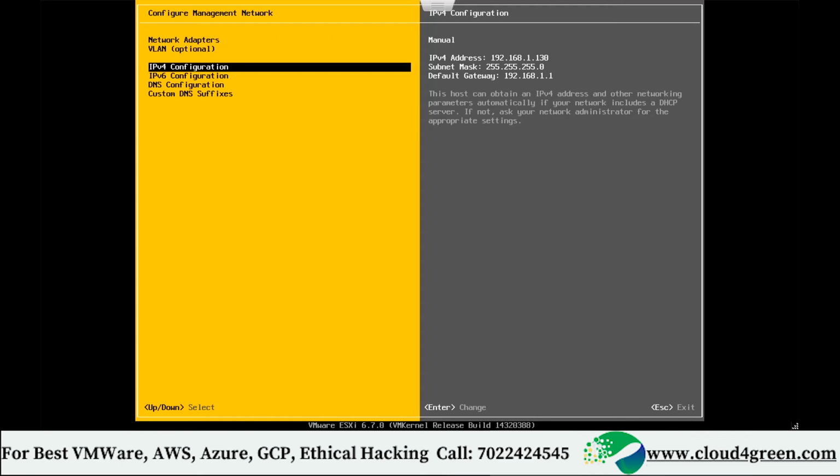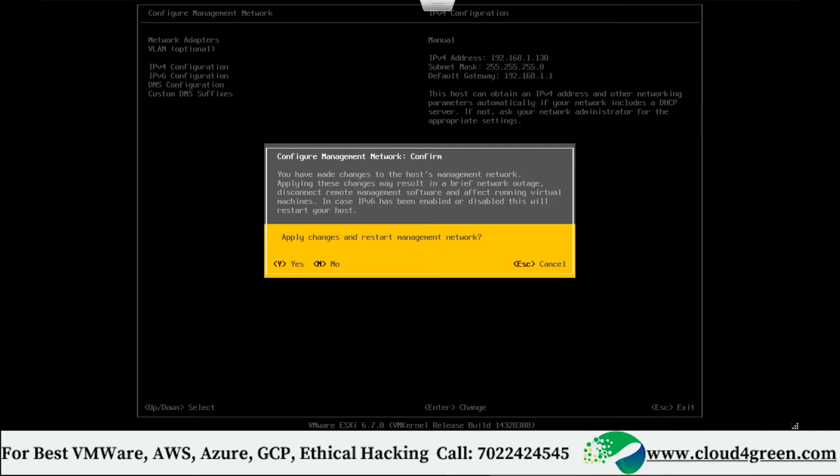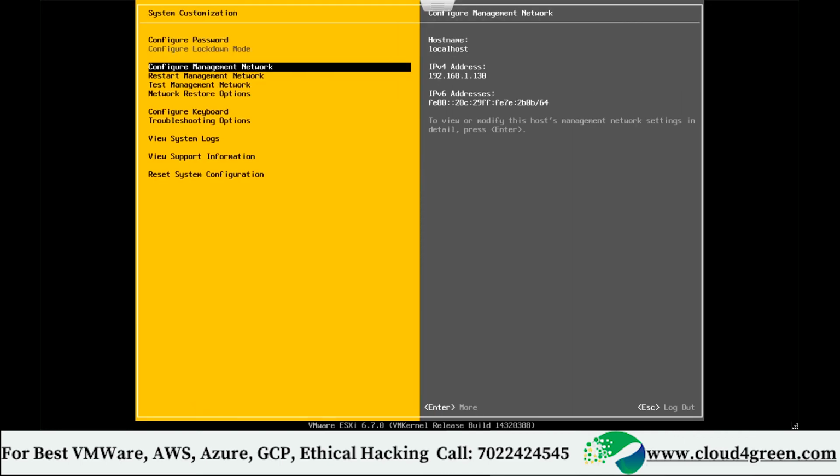And now I want all of you to set a static IP. Once you set a static IP, you can press the escape button. Can you press escape? Wait. As you press the escape button, you see, hey user, you have made some changes to your IPv4 settings. Do you want to save? Answer is yes or no. Yes, press Y. So what will happen? It will make some changes now.